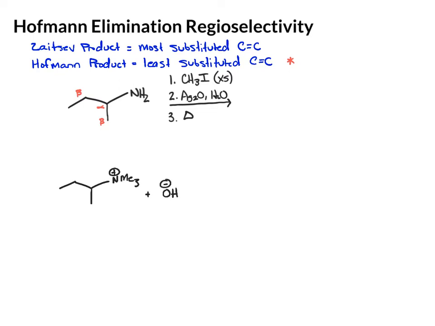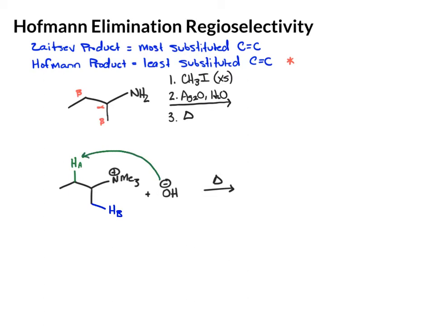So then when we go to heat this up, we have our two different beta hydrogen to choose from. I've drawn in the two different types of beta hydrogen, and if we eliminate from beta hydrogen A,